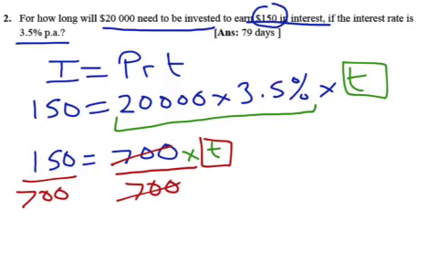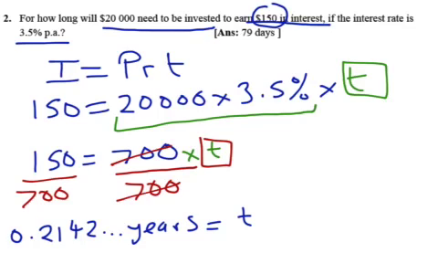That cancels, and you're left with, now 150 divided by 700 is equal to, okay, it's a long decimal. We're going to have 0.2142... because it keeps going, and that's in years. Now, if we want to convert this to days, we want to convert years to days, you're going to multiply by 365. So if I multiply the answer on my calculator by 365 to convert it to the number of days, you'll then get T is equal to, so times 365,